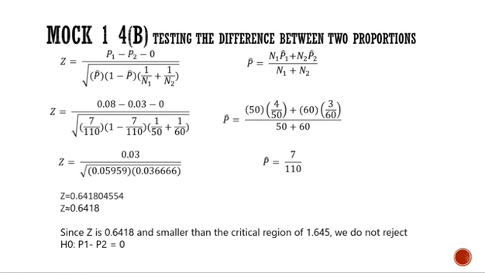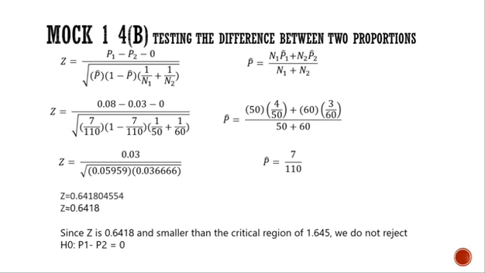So for the test, we are going to test the difference between the two proportions, where z equals p1 minus p2 over the square root of p hat times 1 minus p hat times 1 over n1 plus 1 over